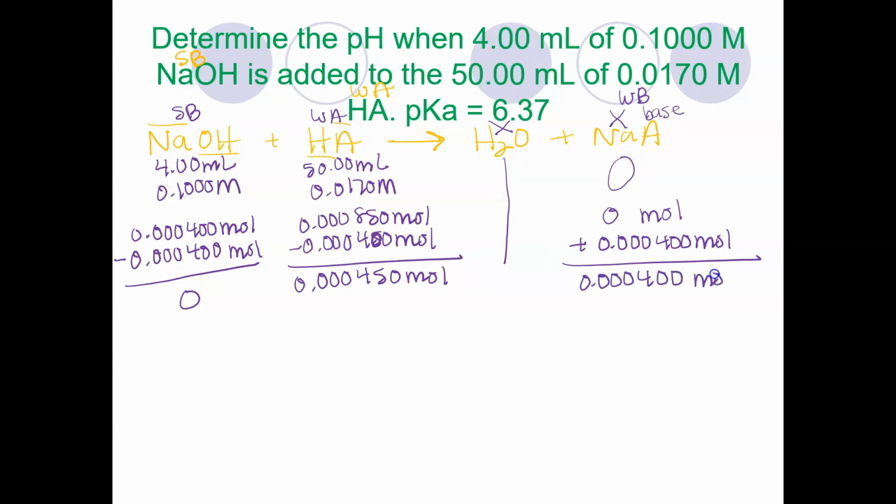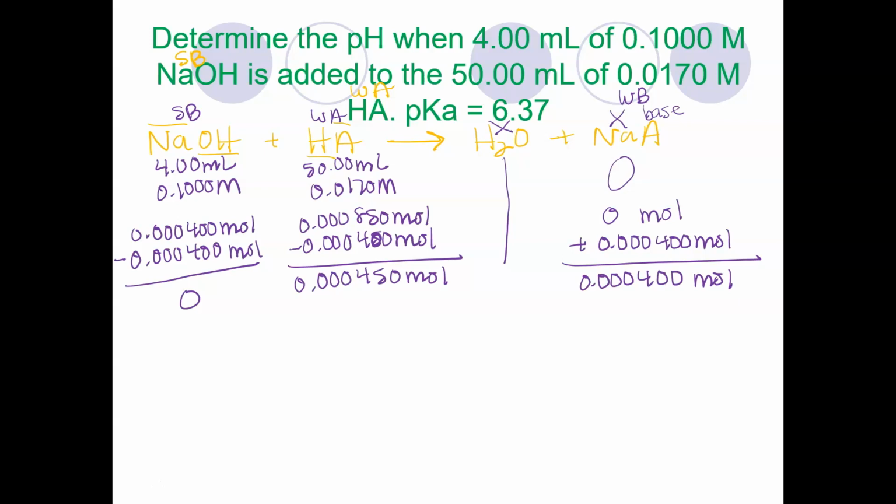So we started with 0, but when the sodium hydroxide and the HA reacted, they're going to make water, which we don't care about, and NaA, so now we need to know how much there is. So we've now figured out what we have left. At the end of this, sodium hydroxide is gone. HA, we still have some of that, which is a weak acid, and NaA, we still have some of that, which is a weak base. So what we have left is a weak acid and a weak base, and we need to solve for the